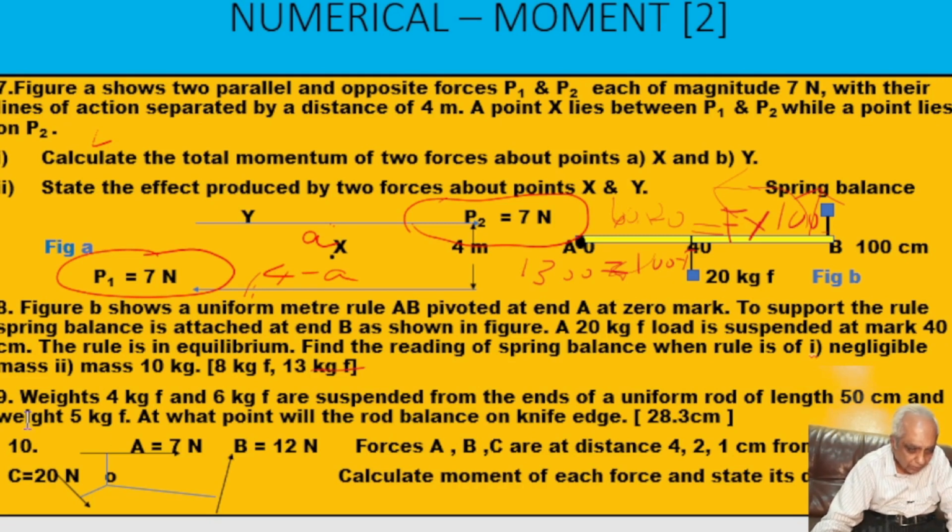Now let us do the 10th sum. This is quite simple. A force is 7 Newton, B is 12 Newton, C is 20 Newton, O is the point about which we want to calculate the moment. So the moment of A from O would be 7 into this distance. What is that distance for A? 4. So it will be 28 Newton meter. In which direction? Clockwise. B would be anti-clockwise. And what is the moment? 12 into distance 2, 24. And if we take C, it would be again